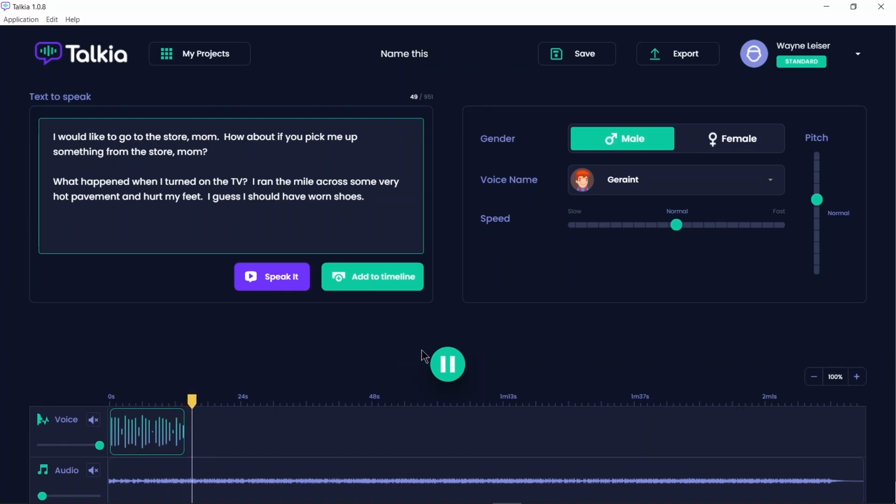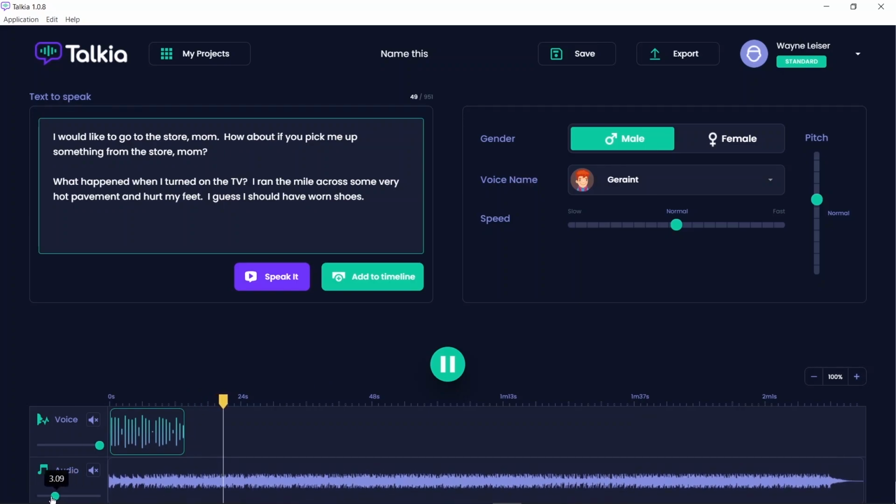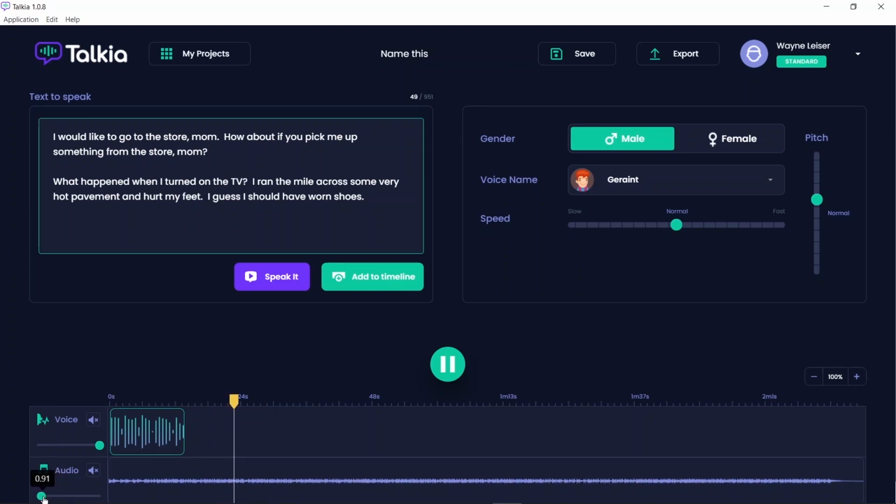Music is usually added to the video as the very last item. If you choose to use the music audio track feature within Talkia, it will be exported with your voiceover as a single audio track MP3 file and will conflict with the music you add in whatever video program you are using to combine everything. We can fade the music track in and out just like in Doodly, but the audio